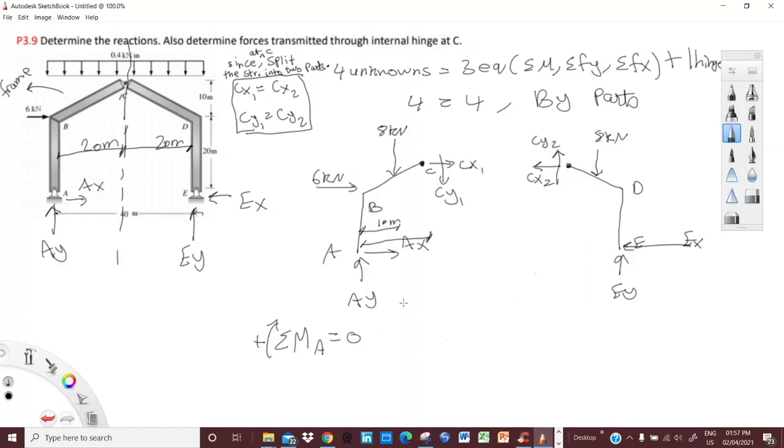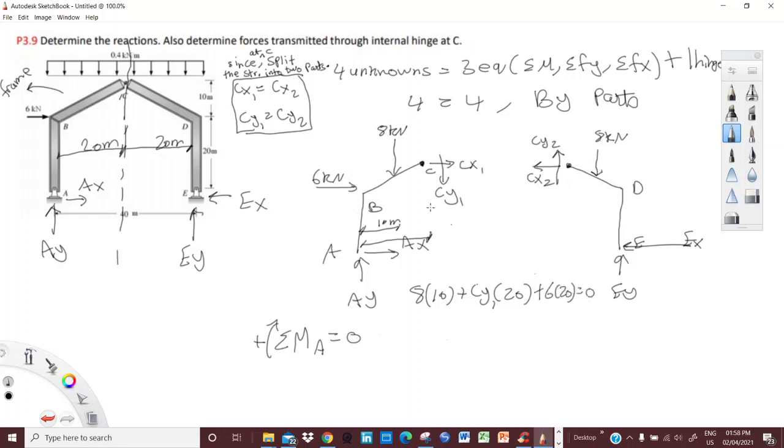So 8 clockwise times 10 meter, plus Cy1 times 20 meter, and plus 6 times 20,